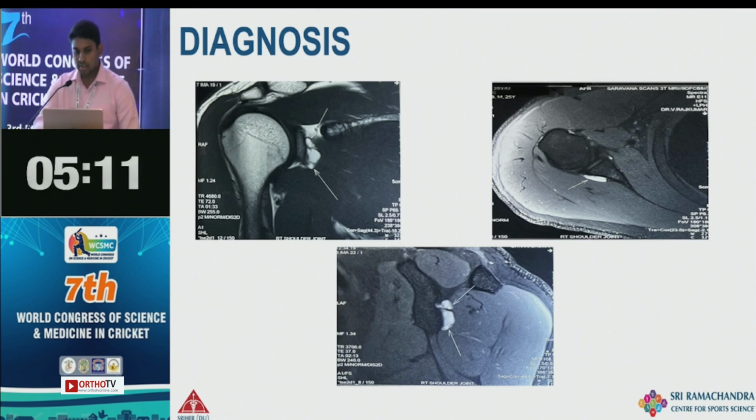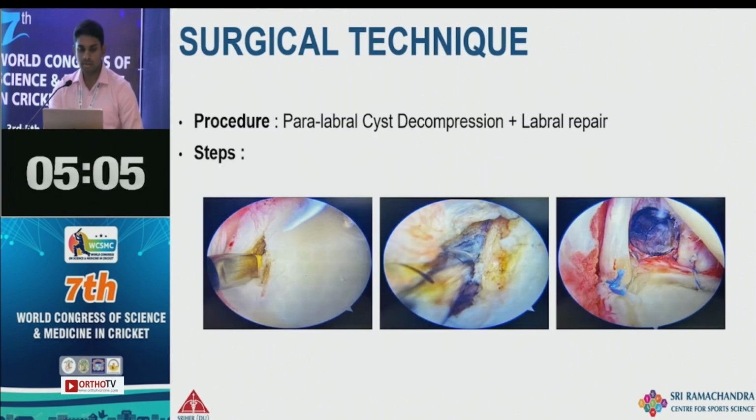As we can see in all these sections, we can see a posterior labral tear associated with a paralabral cyst. So, the surgical technique used here was paralabral cyst decompression plus labral repair. Here we can see the arthroscopic surgery. In the first image, we can see the posterior labral tear through which we enter the paralabral cyst, and the paralabral cyst is decompressed in the second image, and in the third image